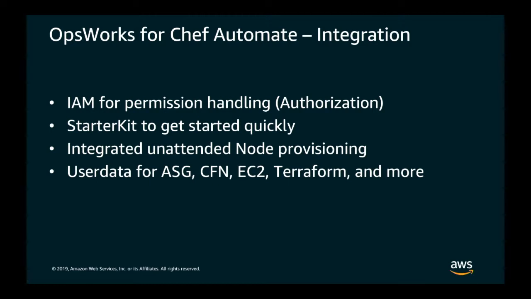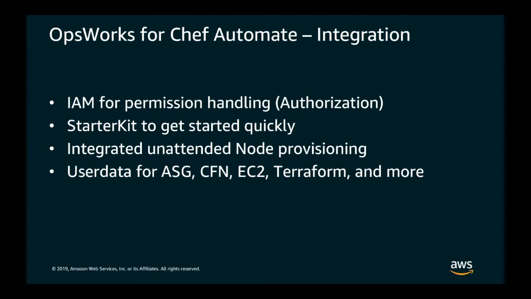So what we did here is by integrating with the host credentials that you can have, right? Like if some of you are familiar with AWS or the EC2 metadata service where you get kind of ephemeral credentials per machine, Opsworks integrates with that capability so that nodes that run on EC2 can get credentials from the metadata service, can use these to request authorization to the Opsworks API and server, and that way we authorize the machine on the Chef server and Chef Automate level so that you don't have to manage credentials for that part